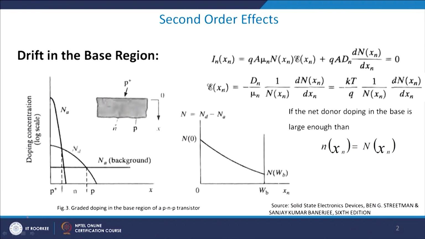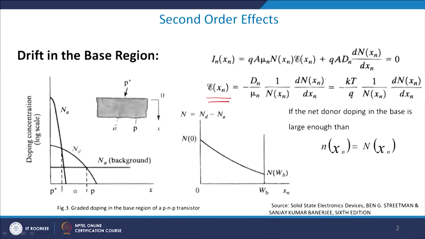Similarly, from Einstein's equation or otherwise, we can find out that E of xn, meaning the electric field at any particular point xn, is given by this formula, the same formula which we get, and from there we can get the value. So it is very simple and straightforward. From this equation only I can get this very easily, provided you make the drift current equal to 0,